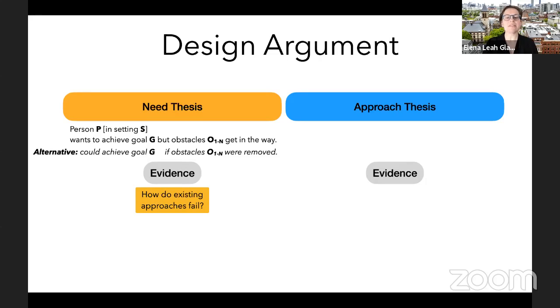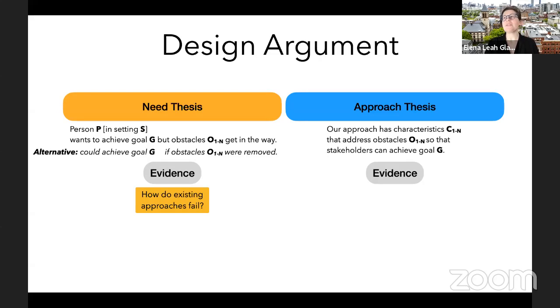And the evidence that we can often use here is how our existing approaches are failing, right? So in the context of even something like language design, say, well, people continue to misuse this particular operator, right? Anytime you see user error, right? The user is not necessarily wrong. They are human, and we design for humans. So if they continue to struggle, the design is not good.